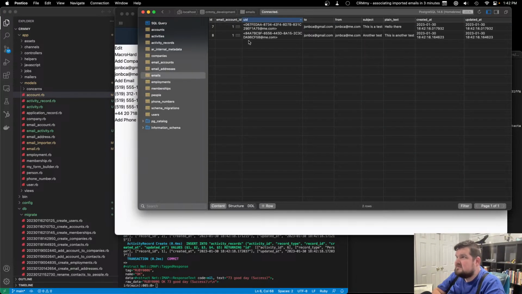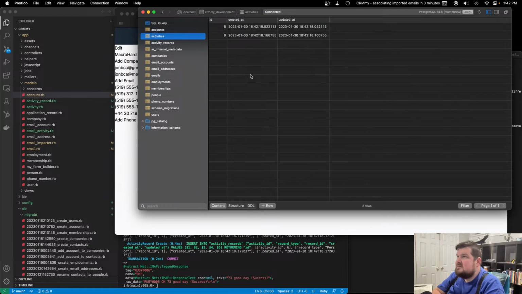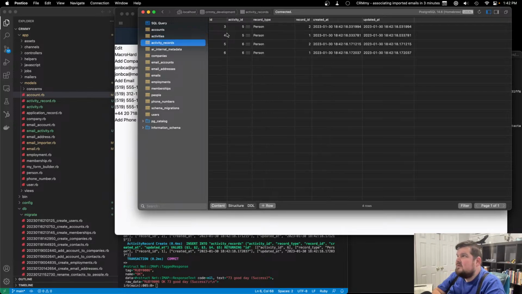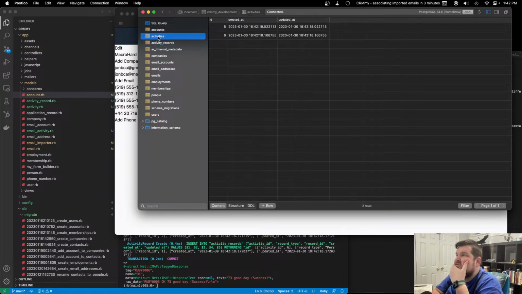So we get the two emails, emails number 7 and 8. And if I go to the activities, we see those are there. And we can see that activity 5 is associated with people 1 and 2, and 6 is associated with 1 and 2 as well. And what I'm just realizing